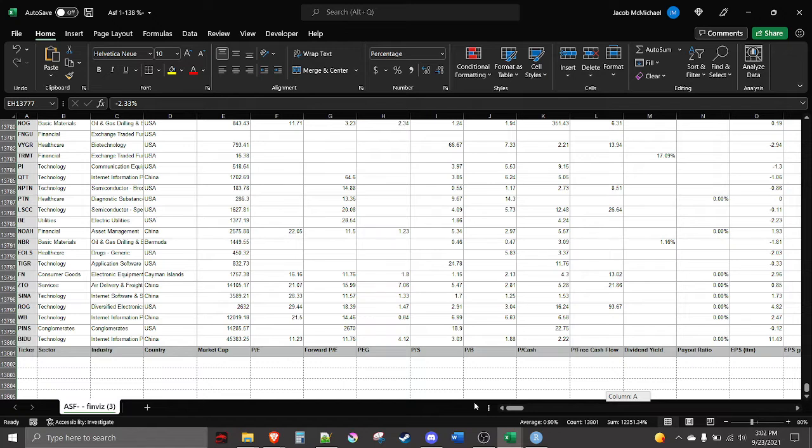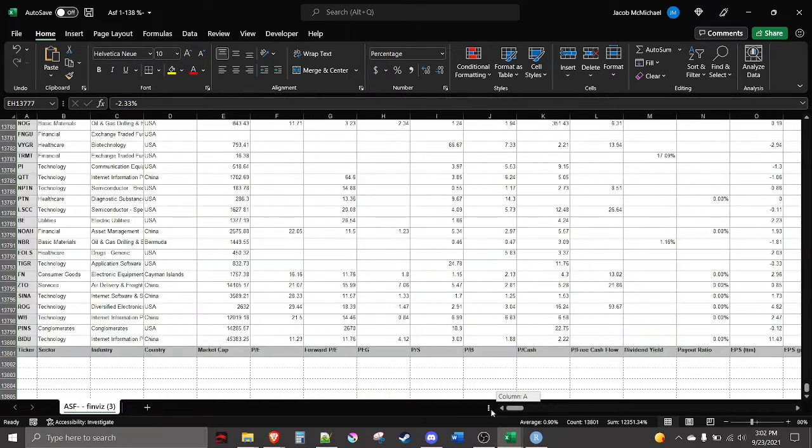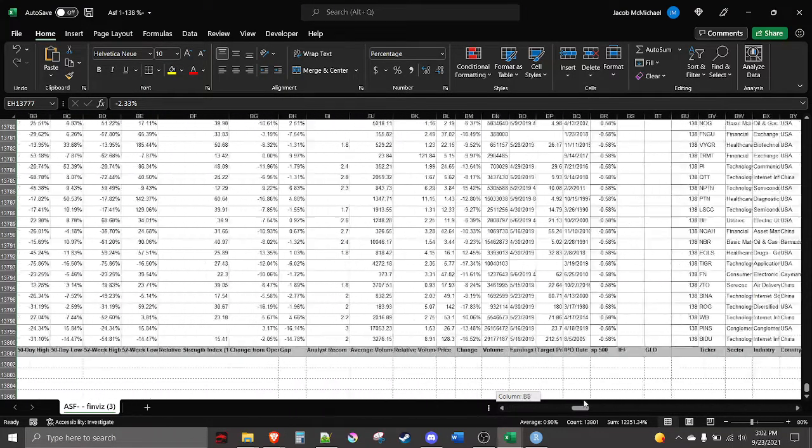I'd export all their data every day because they didn't offer it for any other day than the current day, because it's a screener. They only screen the stocks at any given moment for a day. Once the next day happens, all the data is gone and you can't get it anymore. So I was copying and pasting all these ticker symbols and all the data associated with them into a spreadsheet that I was making on my phone at the time,